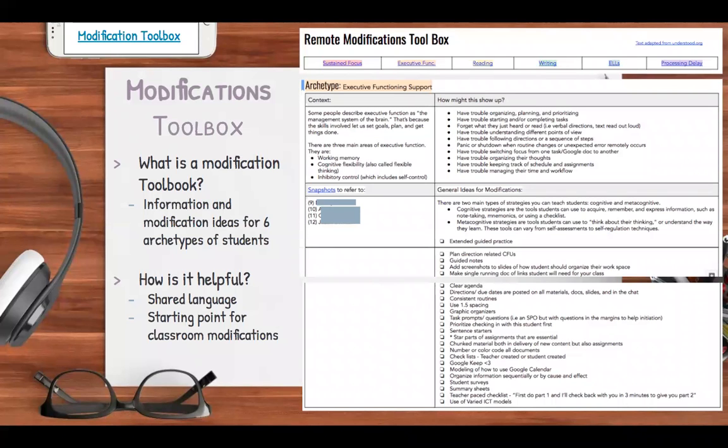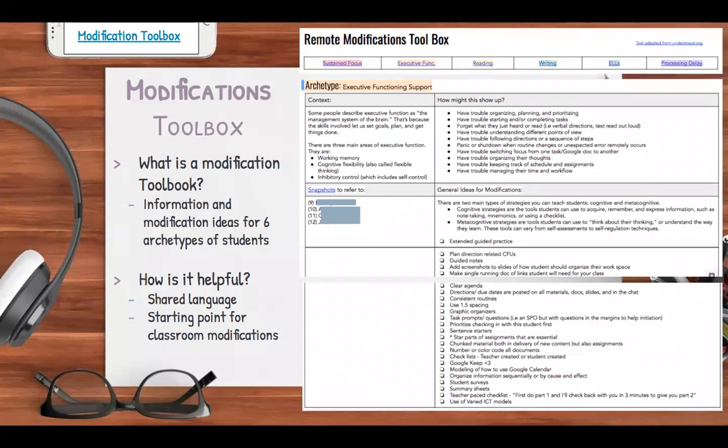Once teachers become well versed in the needs of the individual students in their classrooms, we want to make sure that teachers know how to apply the proposed modifications in their classes. So in comes our modification toolbox. At Mesa, we consider all teachers responsible for the success of our students with IEPs and our multilingual learners. So it's important that we have a resource that teachers can repeatedly refer to. This creates a shared language and an entry point for teachers as they take on the challenge of creating meaningful